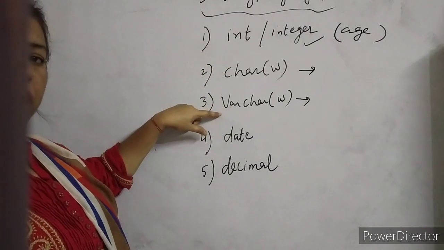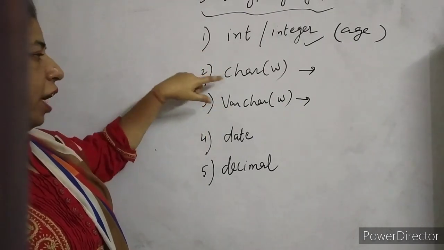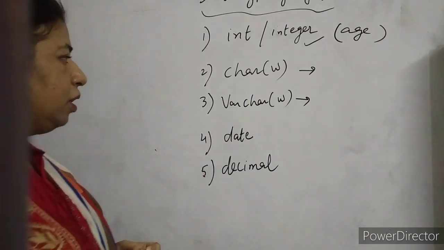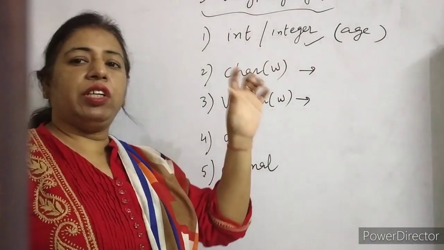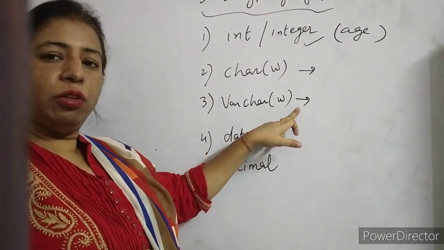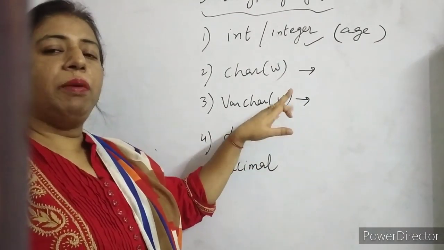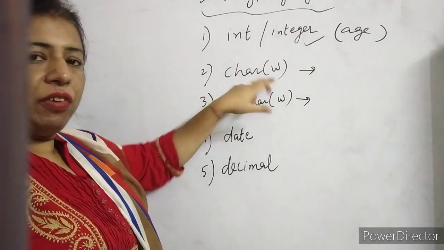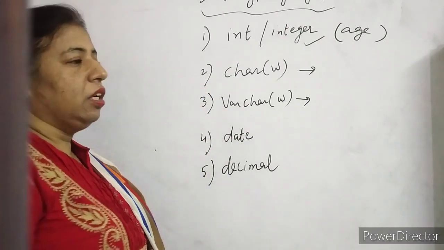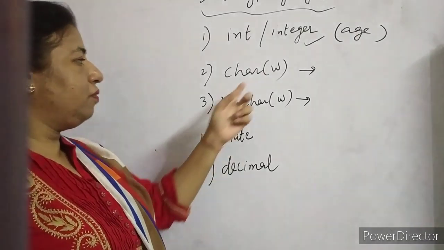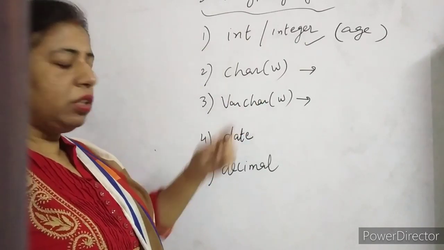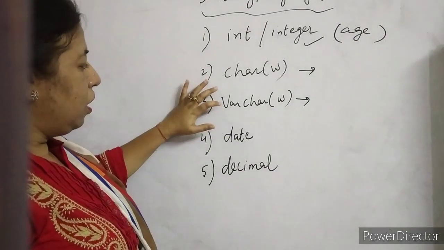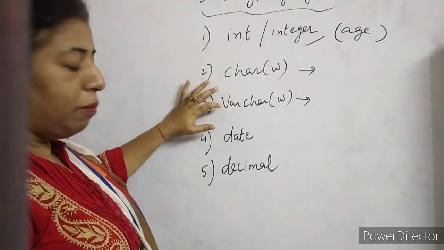Difference between char and varchar I discussed in last class. Char is fixed length data type, varchar is variable length character data type. Where I don't know the exact width of my data, then I prefer to use varchar. For example, for the address I will use varchar, and char where I know the exact number of characters like mobile number, Aadhaar number. In that case I will use char. And out of these, which data type is used to save the memory?